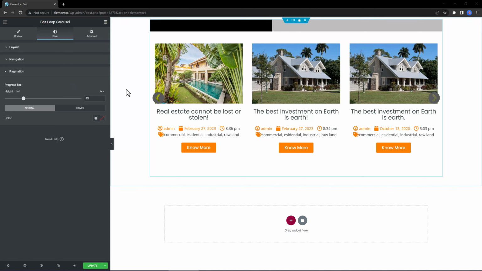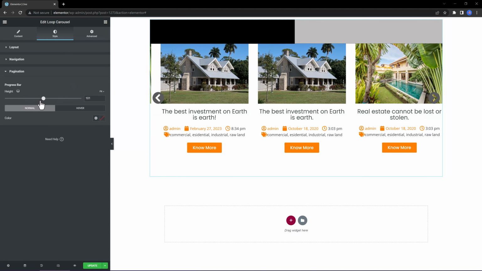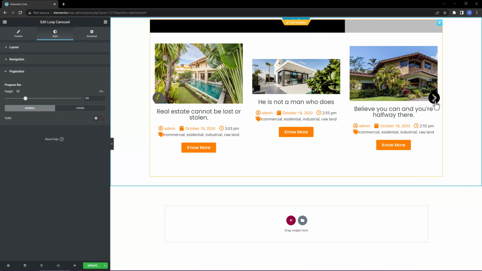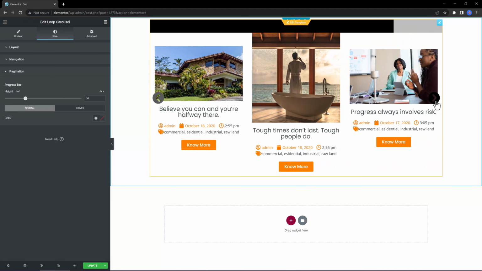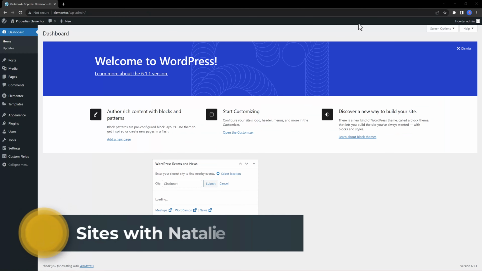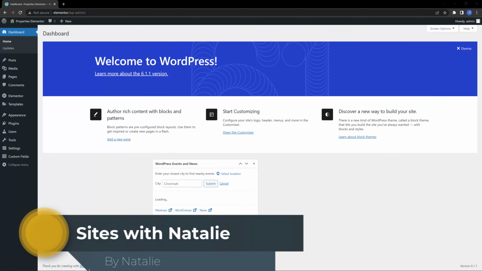I will show you how you can change the navigation arrows into a progress bar, how to display this loop carousel within any page or post, and how to use this template inside your Elementor loop grid. Let's do it! The query loop block is an advanced block that allows you to display posts based on specific